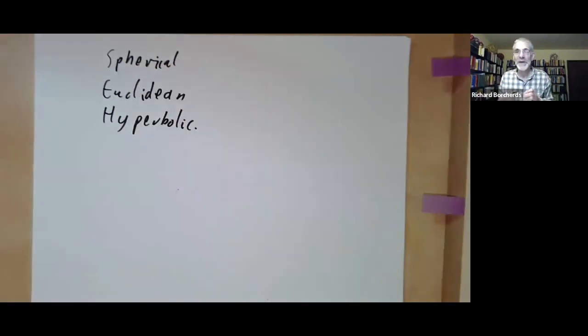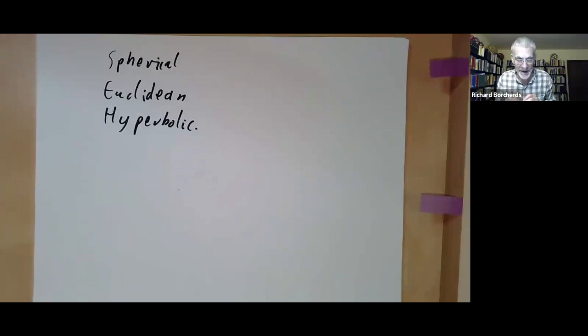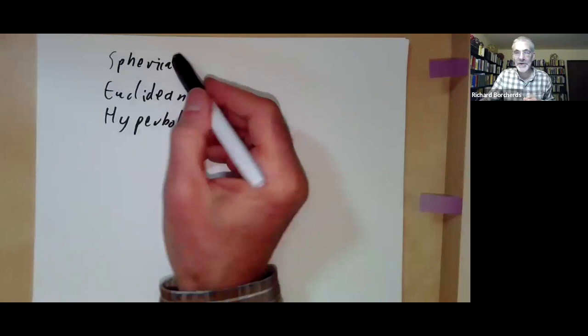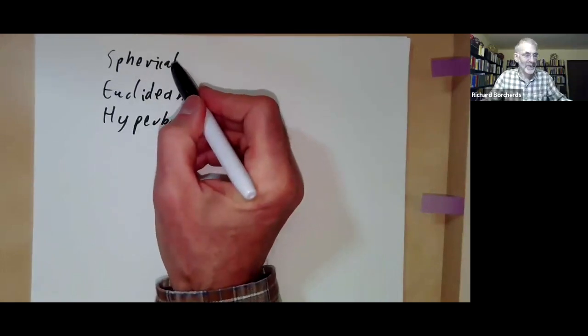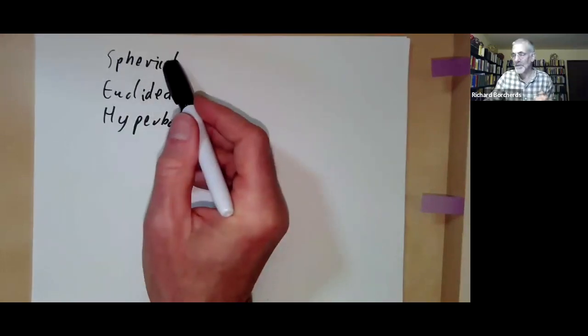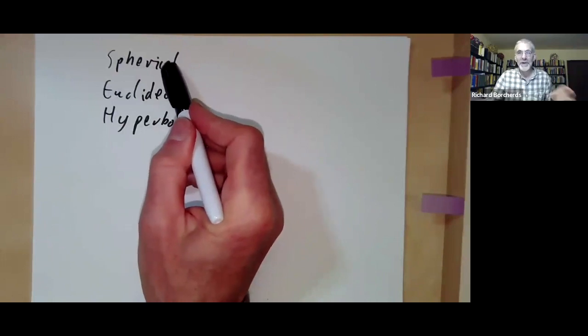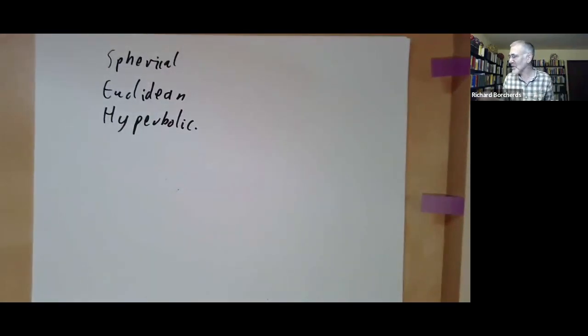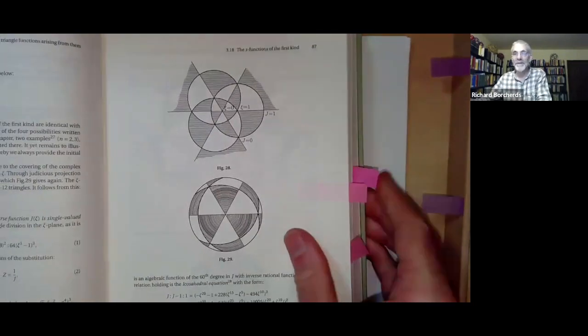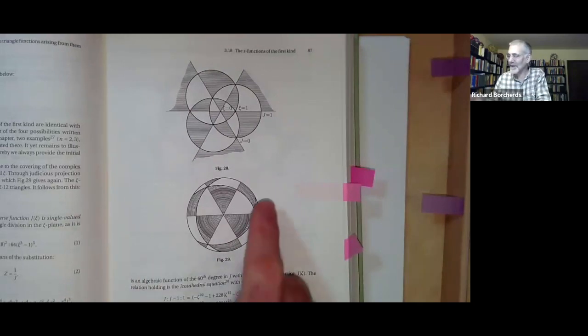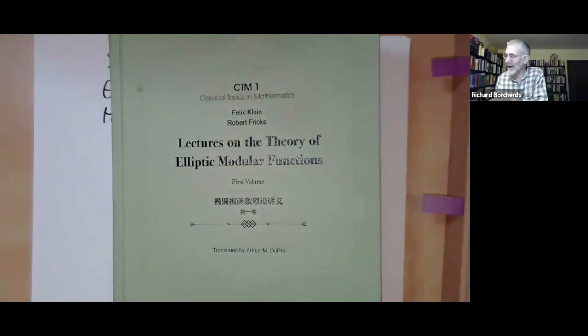And in each of these three cases you can consider the different sorts of reflection groups. So spherical reflection groups, the ones that everybody comes across first when they do reflection groups, except you sometimes don't notice they're spherical because you embed the sphere in Euclidean space. There are some pictures of spherical reflection groups drawn in the plane in this book by Klein and Fricke on